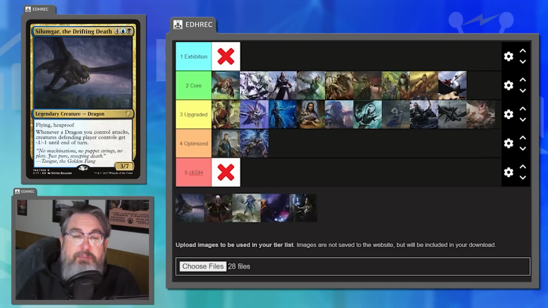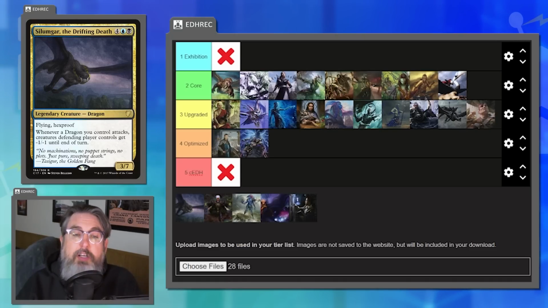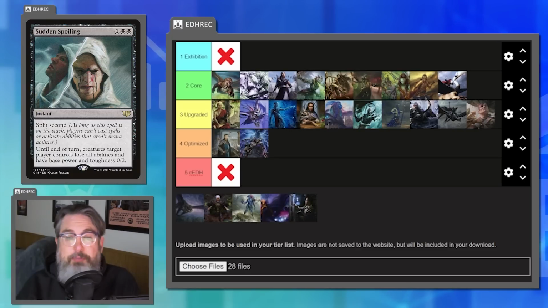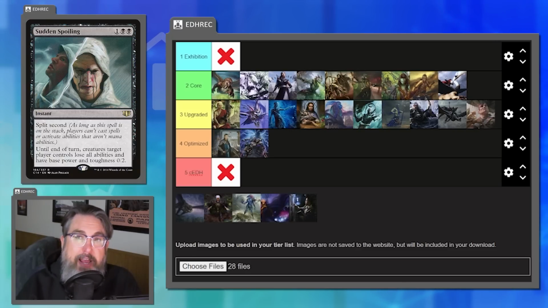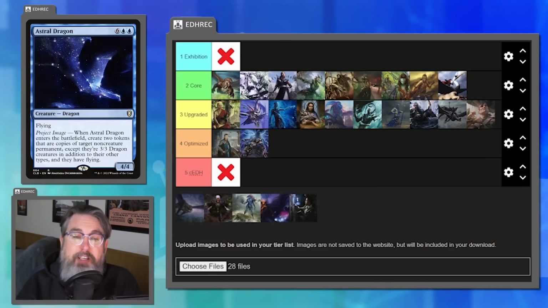to use Silumgar's ability to make attacking creatures I control give your creatures -1/-1 for each attacking dragon. And I couple that with spells that reduce your creature's base power, like Sudden Spoiling or Mass Diminish. So I'm swinging with dragons that tend to hit kind of hard and removing your board state at the same time. Like I mentioned with my other dragon deck and my Sphinx deck, a deck filled with huge evasive dragons